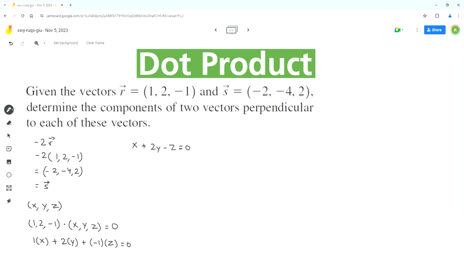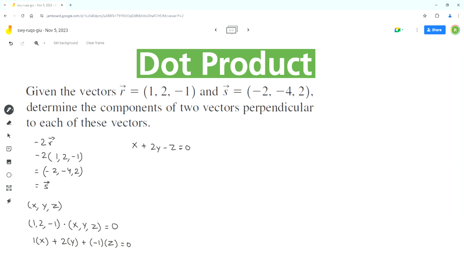So this is the equation we get with variables x, y, and z. So any x, y, and z value combination that satisfies this equation will be a vector that will be perpendicular